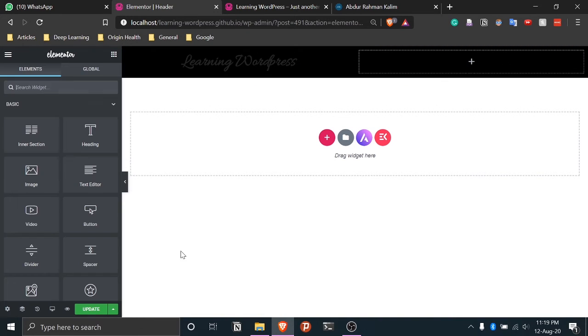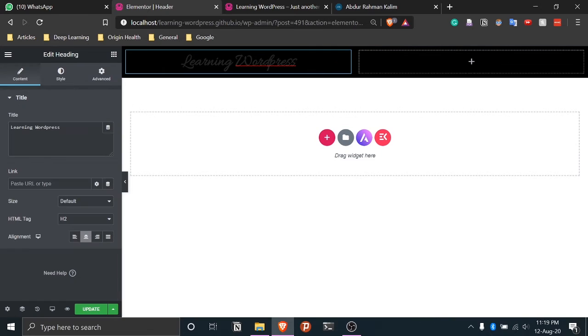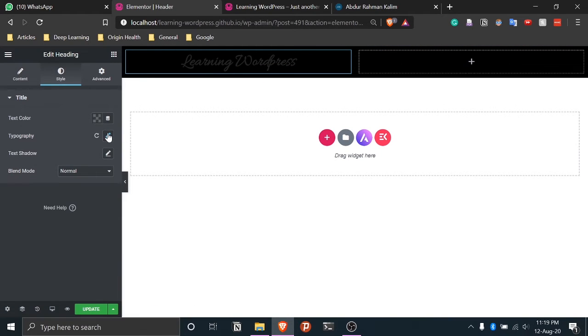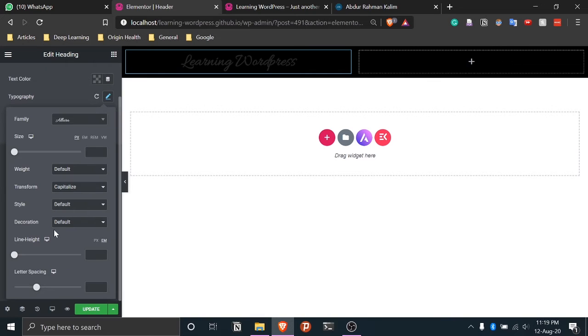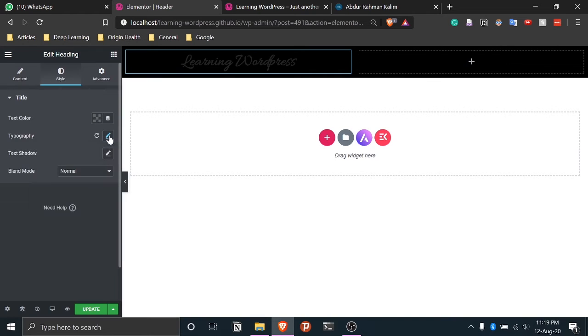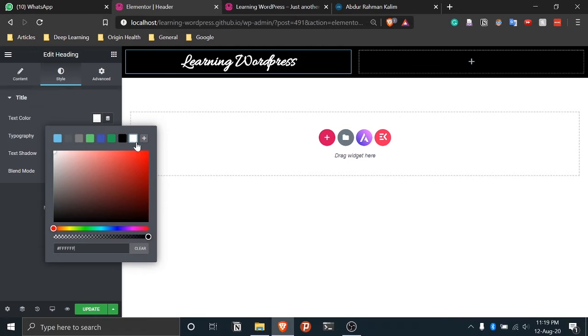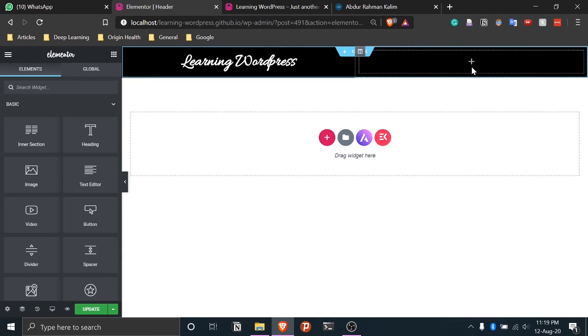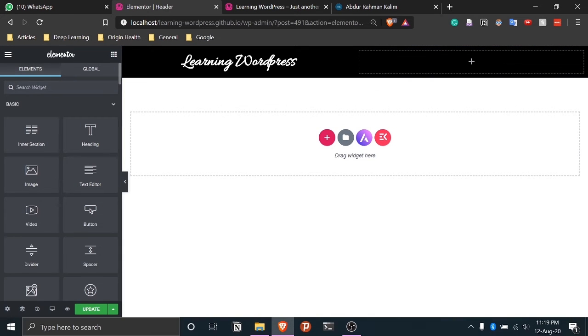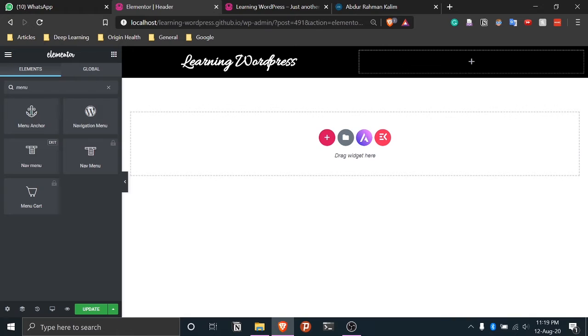Okay, so now the background is black. Now we'll select this text and we want this to be white, so we'll go to style and then typography, I think, no, yeah, text color, and then we choose white. Okay, so now this works, or if you want blue or something, we can choose whatever we want.